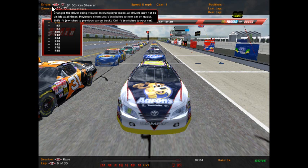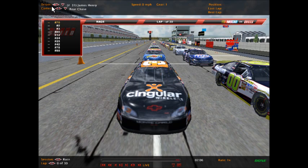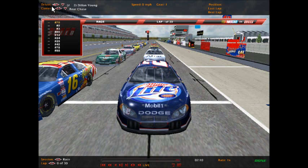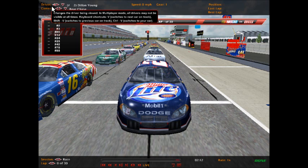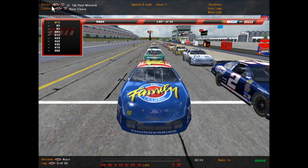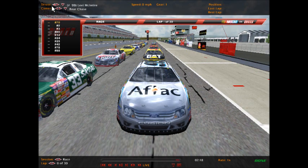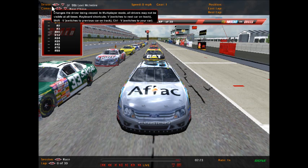Next row down has Kev Shear in car 00, the Airstream Machine Toyota. He'll be alongside car 31, James Henry, the Signature Wireless Chevrolet. Next row down has Dylan Young in car 2, the Miller Lite Dodge. Alongside of him, car 16, the Family Channel Ford of Paul Minnick. Next row down, Levi McIntyre in car 99, the Aflac Ford Fusion. He has our third in-car camera